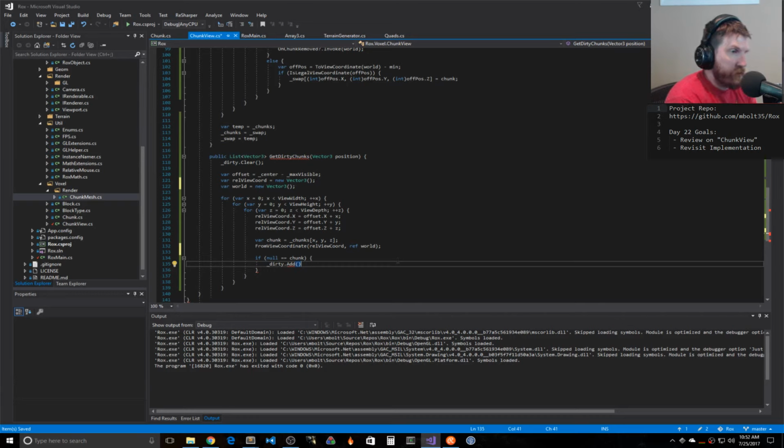So yeah, the first thing we really wanted to do was if our chunk is null, then we want to add this world coordinate to our list of dirty chunks. So from here we'll check... here we want to get... how do we want to do this? We want to determine